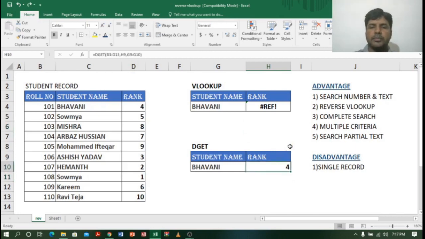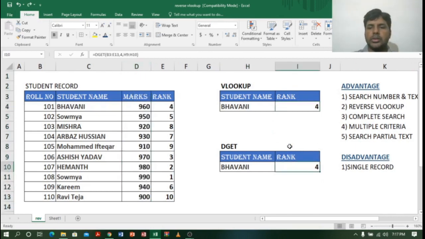Control Z. Okay, now we are back, right? Now let us see the next advantage, reverse VLOOKUP. Suppose based on the student name I want to get the roll number. I cannot do that with VLOOKUP, but I can with the DGET function. So let us see.